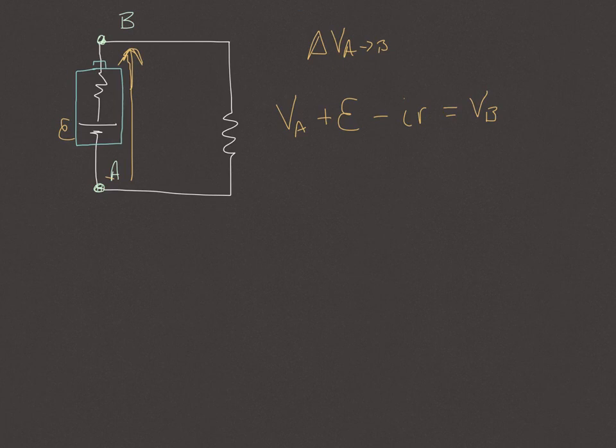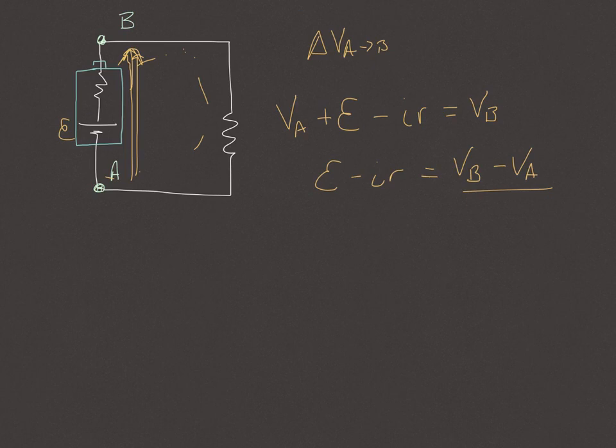So all we did is just move through a part of the loop in this circuit. So we can continue around if we were going to use the loop rule back to the beginning, but we're only moving through the circuit between A and B. All right, so we move this around so that we get the potential difference. So now we have the difference between those two points, which is basically the EMF minus the drop,